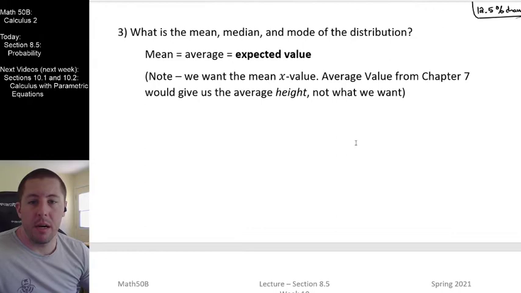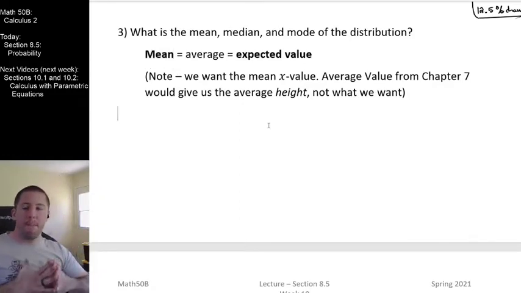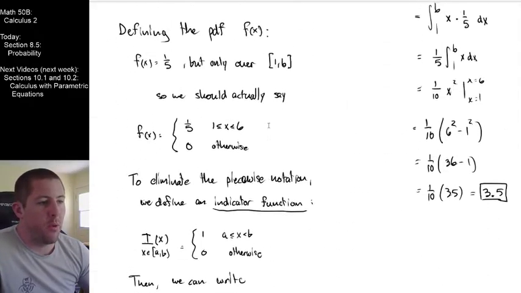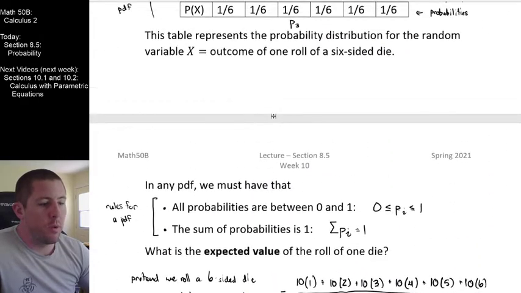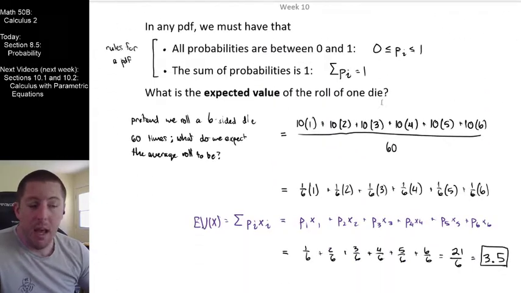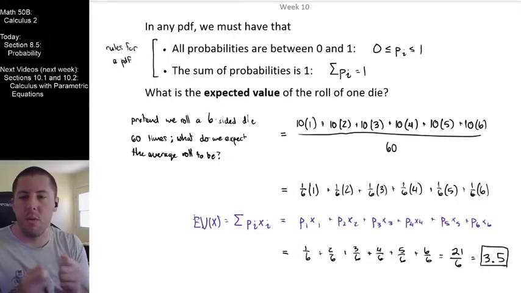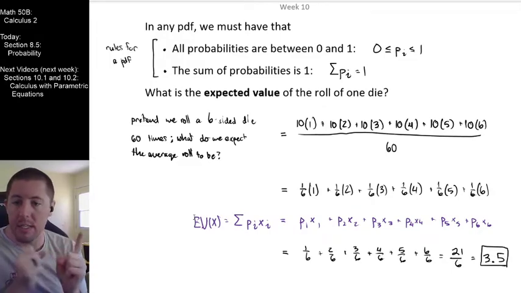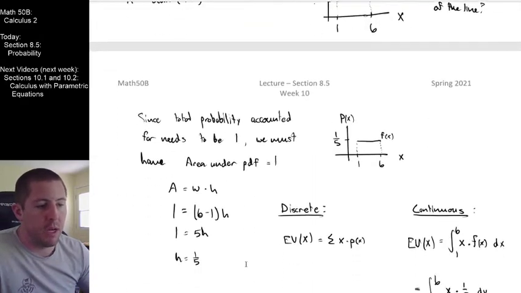Now the one that I really like here: what's the mean, median, and mode of this distribution? Let's talk mean first. Our mean is our average, which we are thinking of as our expected value. Remember when we did our expected value way up here a minute ago, what we were really saying, when we asked what is the expected value of the roll of one die, was: if we rolled the die many, many times, what would you expect your average roll to be? If you average up a massive number of rolls of a six-sided die, you are going to get 3.5. So we have two different ways to verbalize this: what's the expected value of one roll, but we're interpreting that as the average value of many rolls. And those are going to be equivalent to one another.